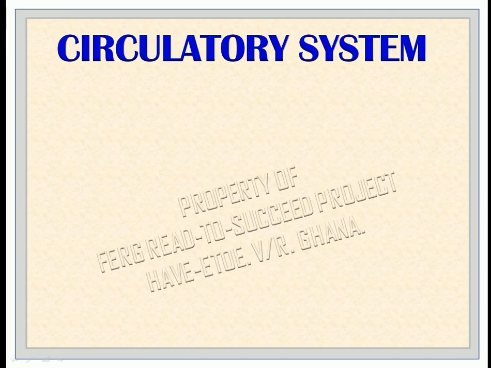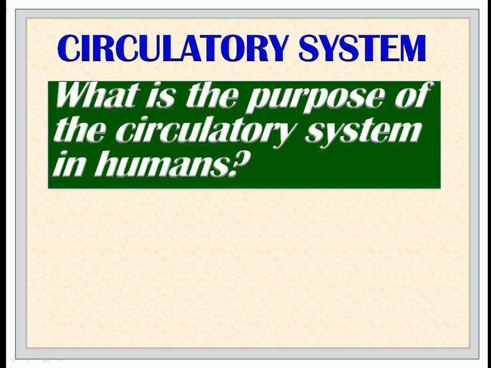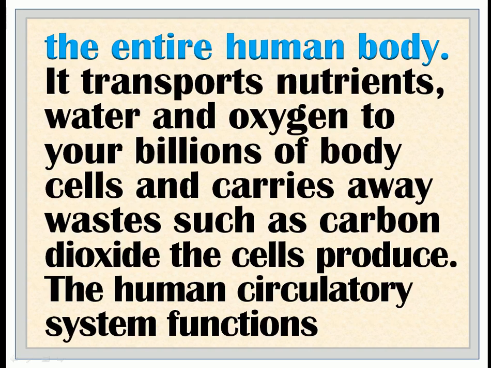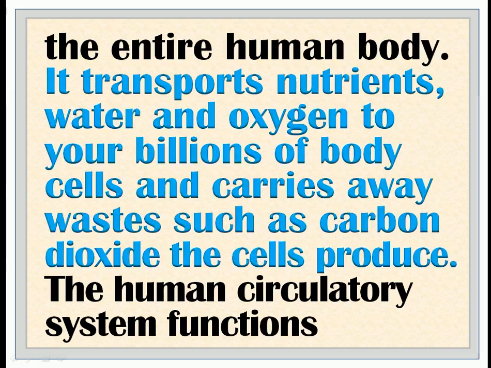Circulatory system. What is the purpose of the circulatory system in humans? The circulatory system in humans is responsible for transporting materials throughout the entire human body. It transports nutrients, water and oxygen to your billions of body cells, and carries away wastes, such as carbon dioxide